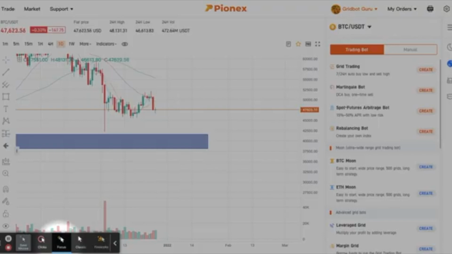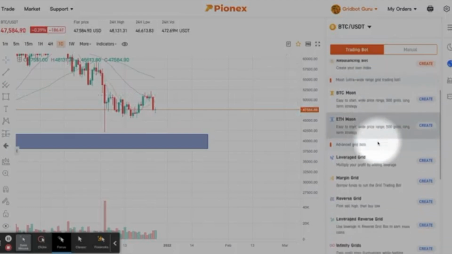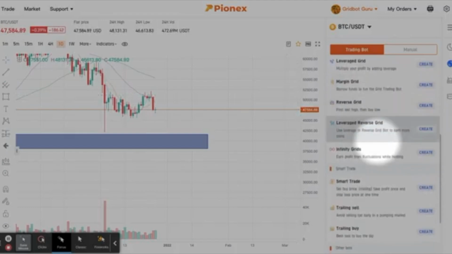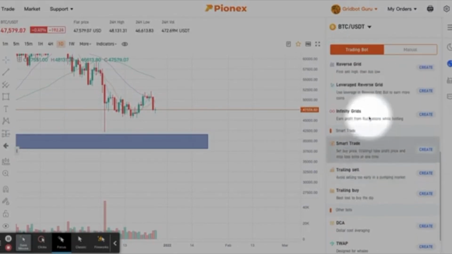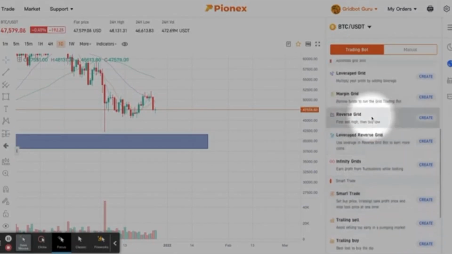here we go. So with the reverse grid, you are going to log into your account. You're going to go up to trade. You're going to find, and what I'm doing is I'm finding Bitcoin. And so I'm going to scroll down on my chart. It is also the same area. Where was it? I just saw it. It's the same area